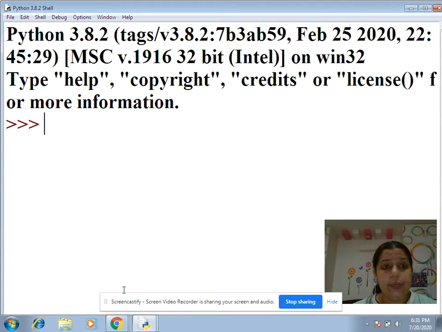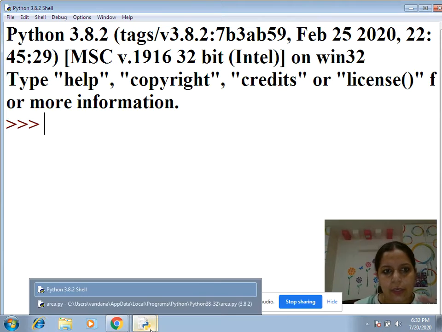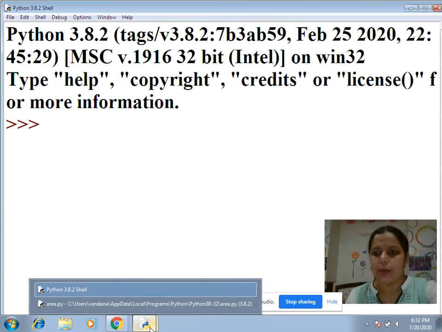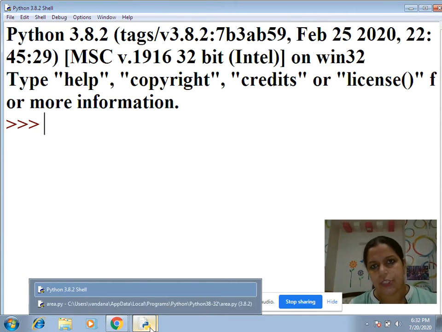Children, today we will be discussing the difference between the package and the module. As I have already told you, a module is nothing but a file which has certain functions. It has some classes, objects, and some statements. So in today's video we will be discussing how to call those functions and how to call that module in our Python program.